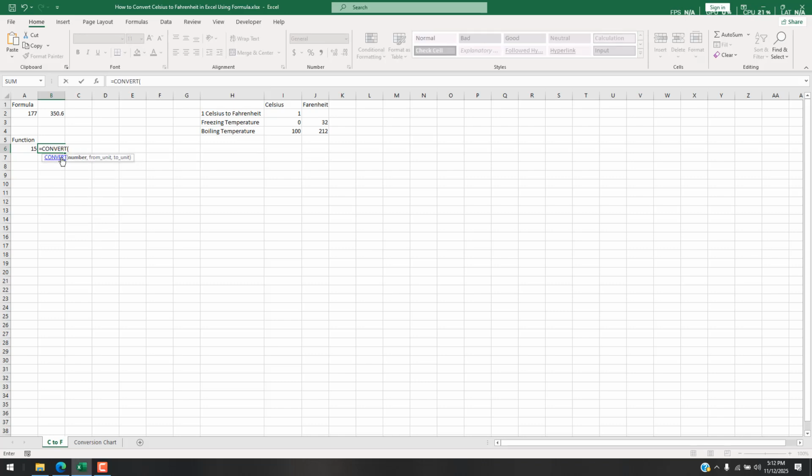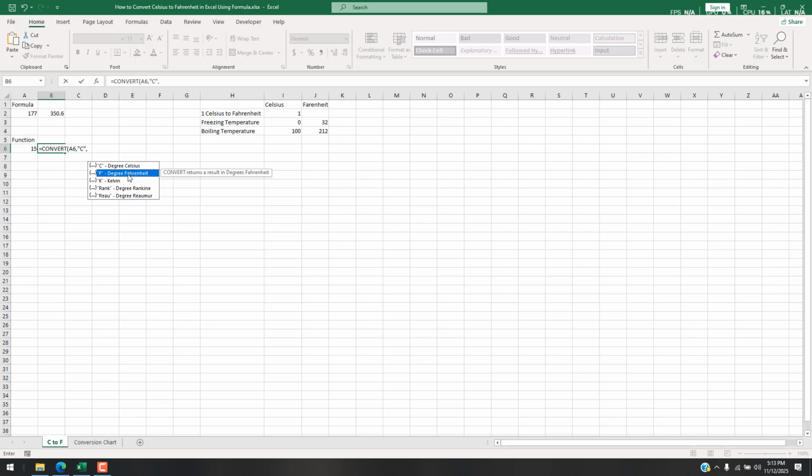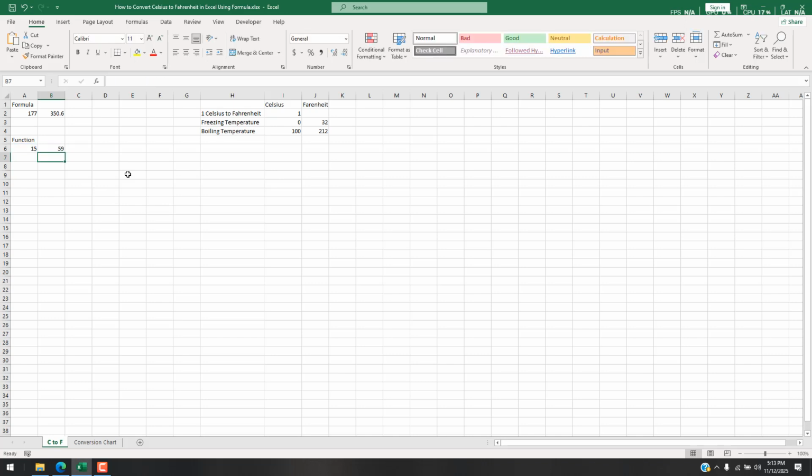on the formula. The first parameter is the number, which is our temperature in Celsius in this case, which is 15, and then add comma. Our from unit is Celsius, so I'm going to find Celsius from this list. I'm going to scroll down and here we have Celsius. I'm going to double click here. I'm going to add comma for the next parameter, which is degree Fahrenheit. So we are converting Celsius to Fahrenheit here. I'm going to double click here and close parenthesis. And if I press enter,